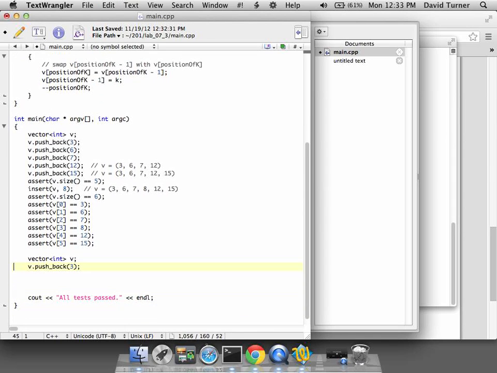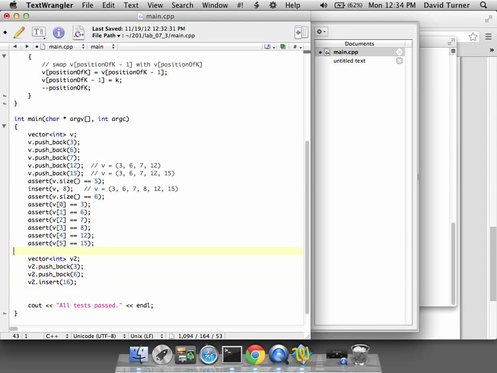So let's create a new vector, call it v2, and let's push a 3, and maybe a 6, and then let's call v2 dot insert 16. That was the suggested number. Is this the stress test that you want to give it? Like insert something that goes on the end, right? Want to try this one? So this should give us